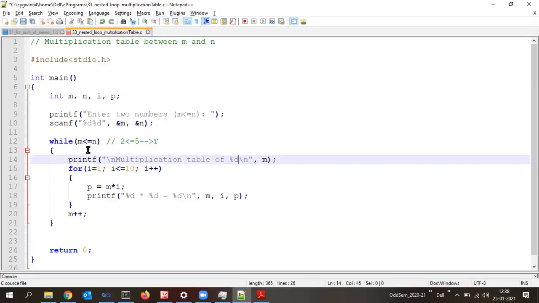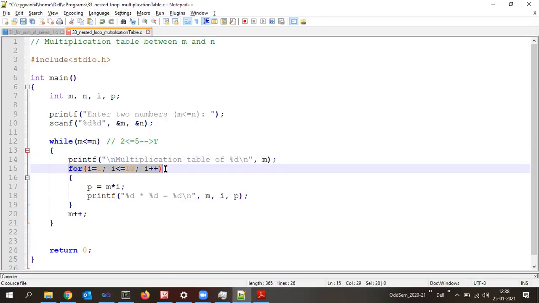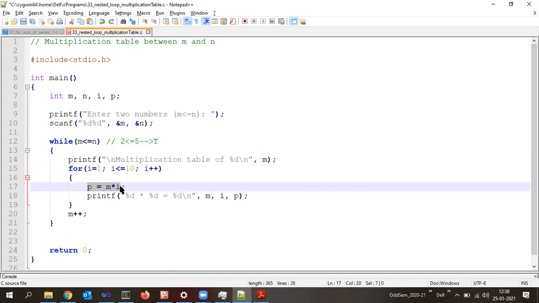Then next, there is again an inner for loop here. Inner for loop, I value is 1. I less than or equal to 10. Is this true or false? True means, should it enter into the for loop? Yes. So what gets calculated? P. What is the P value?